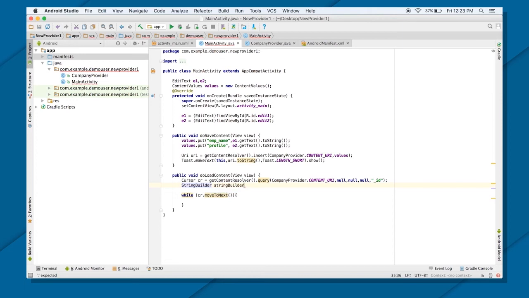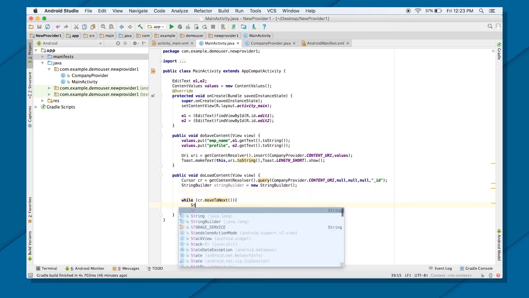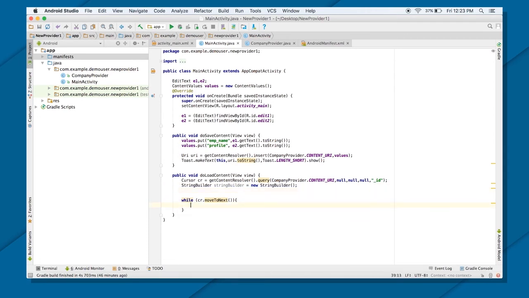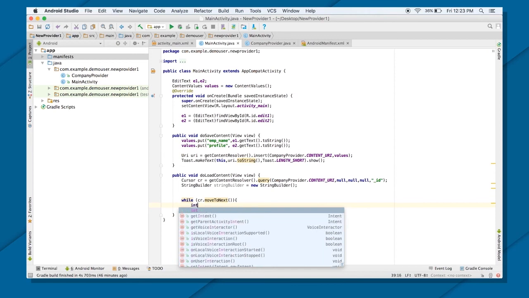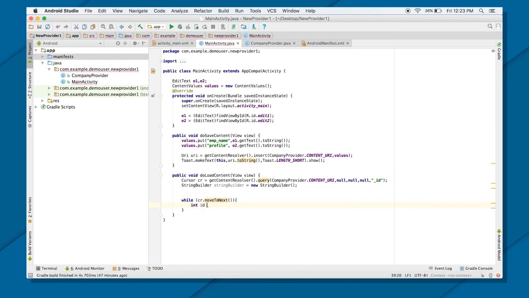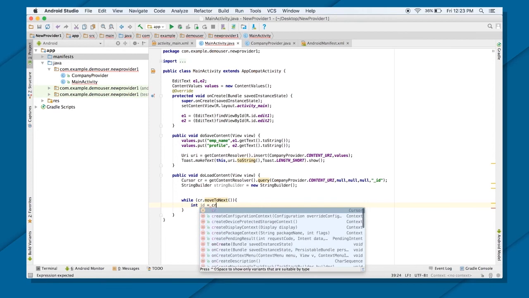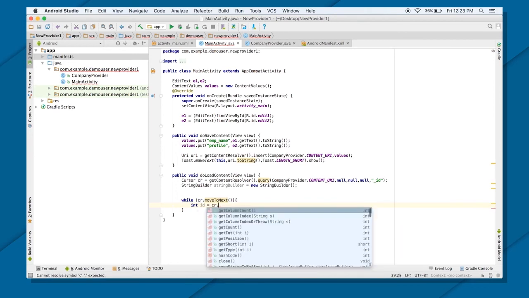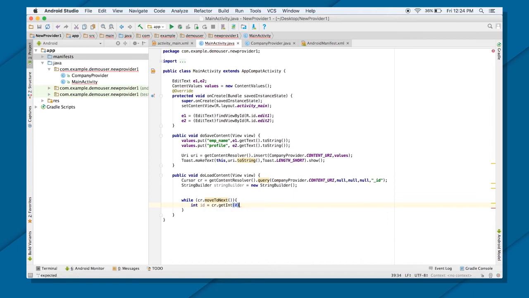String builder equals to, it will format my string builder, and I'm going to now first take an integer id, and it will get me cr dot getInt at 0th position.